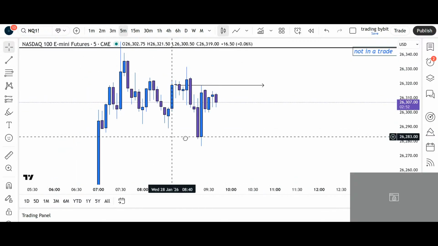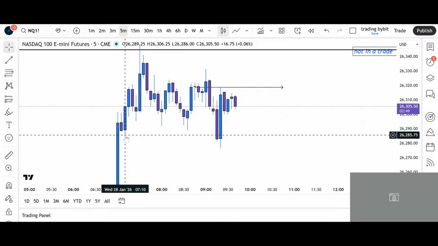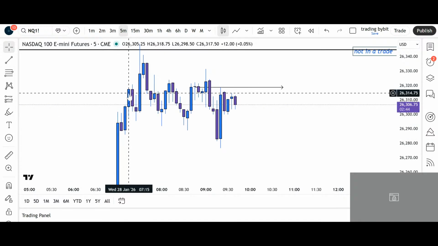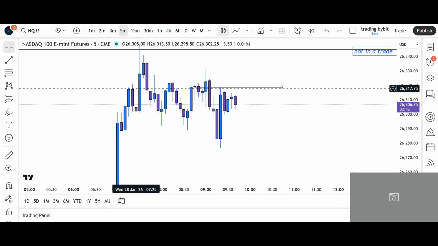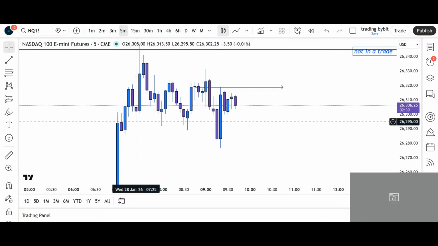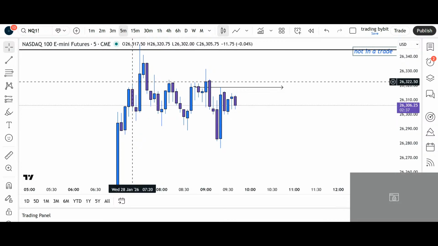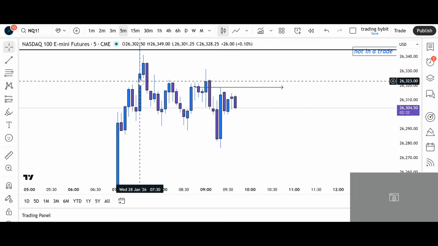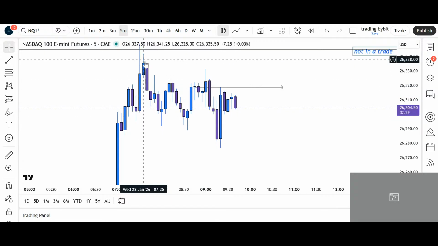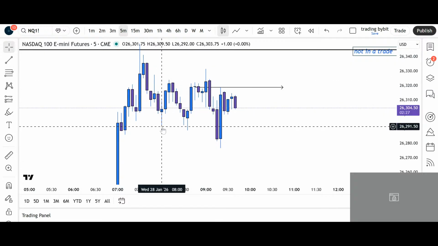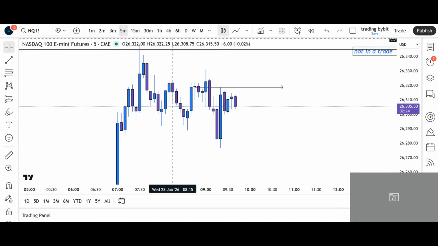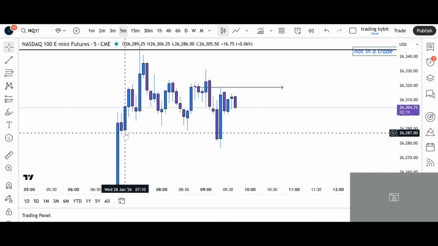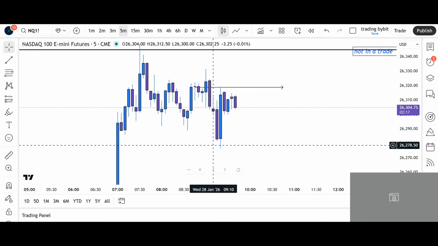So I can show it right here what I mean by that. Say that you entered on this drop. This was a new break of structure upside. Okay, great. We have a retracement. We have a new break. Put your stop immediately here on this level then. After this retracement, and we have a new break, then you can move your stop from this level to that level. Again, once we move up and we create a new one after retracement, okay, we should have been stopped right here instead of the market moved further. But that way, if the market wants to retrace a bit, you are actually in profit immediately.